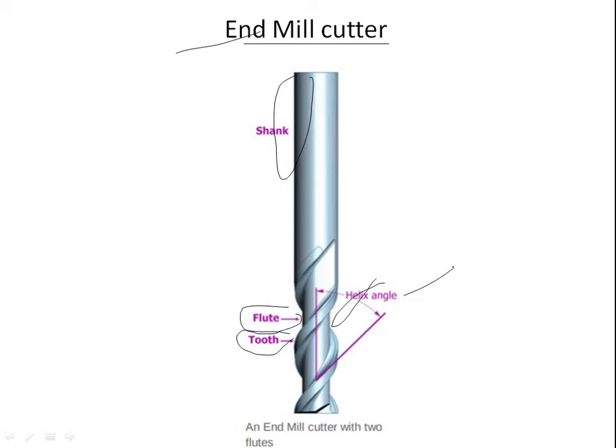And center cutting. Some milling cutters can drill straight down through the material while others cannot. This is because the teeth of some cutters do not go all the way to the center of the end face. However, these cutters can cut downwards at an angle of 45 degrees or so. You can see it shown here, this 45 degree angle.